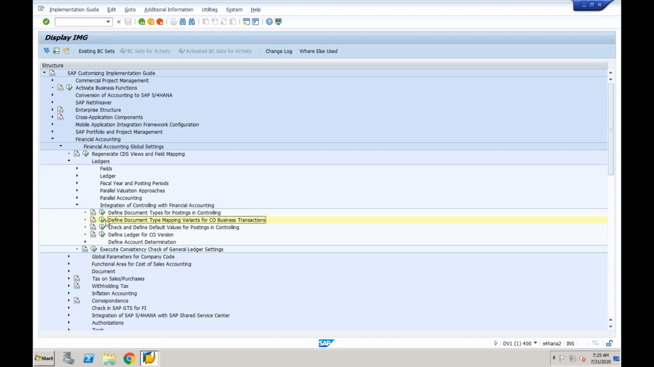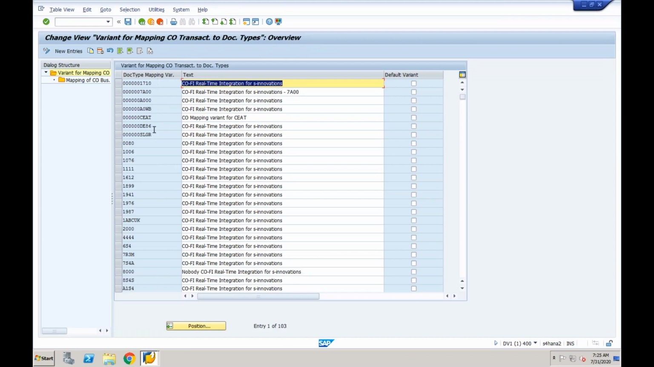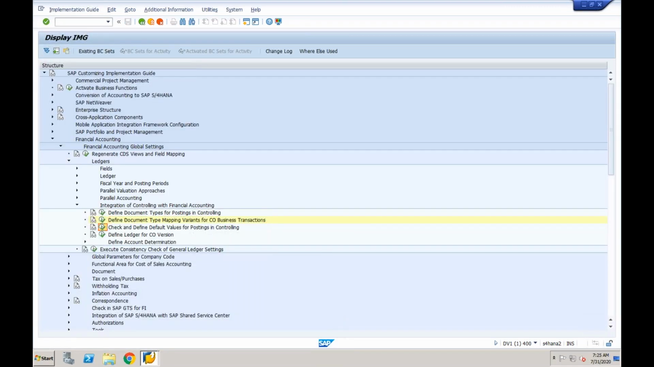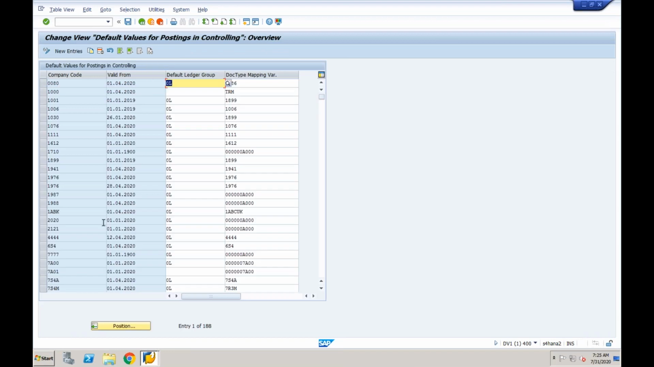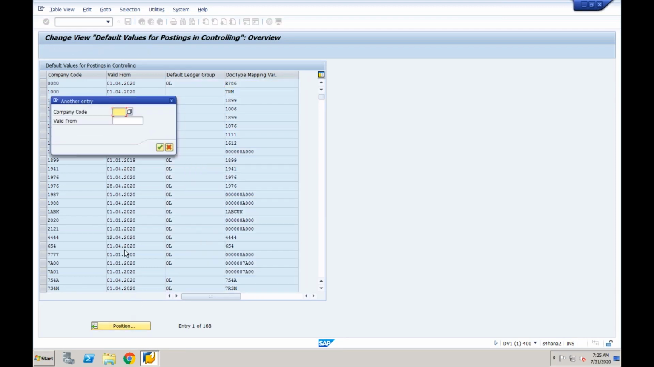Okay, so this is where you can see there are a lot of document mapping variants. How will the system know which document type mapping variant is related to your company code? That is exactly what you do in the third configuration activity. So here you define for my company code which document type mapping variant I want to use. So in our case, if I want to use the standard one, I need to tell the system that for CF03,